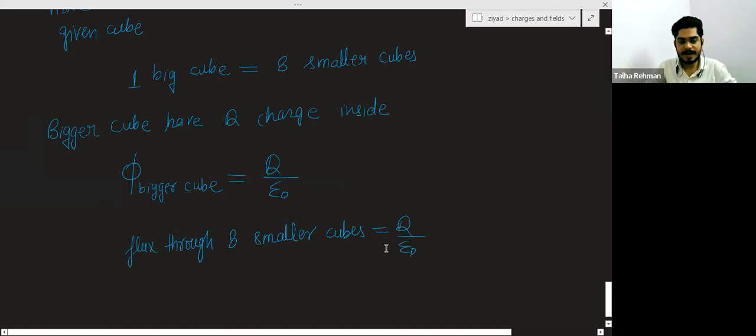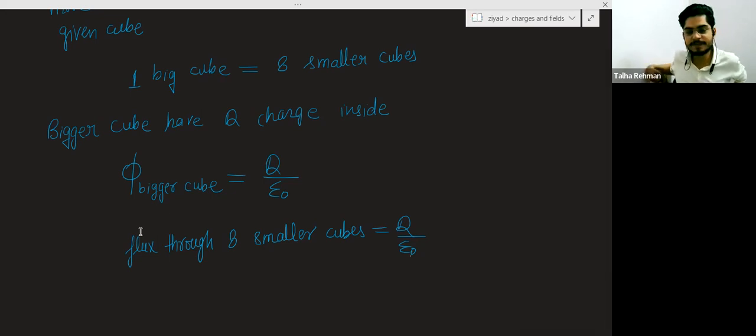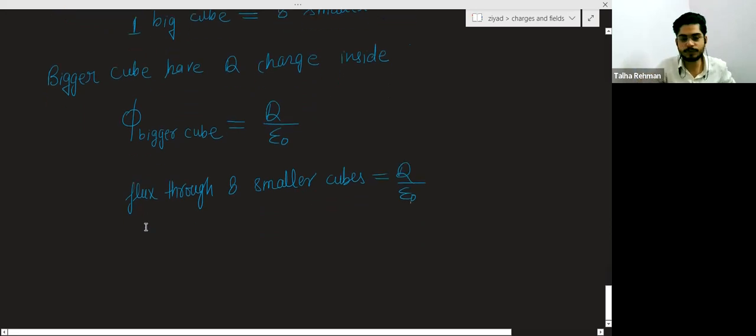For 8 cubes you have the flux q by epsilon naught, and if you want to calculate the flux for a single cube,